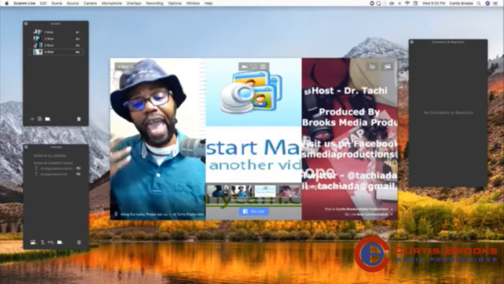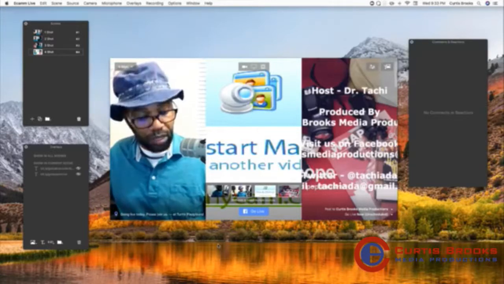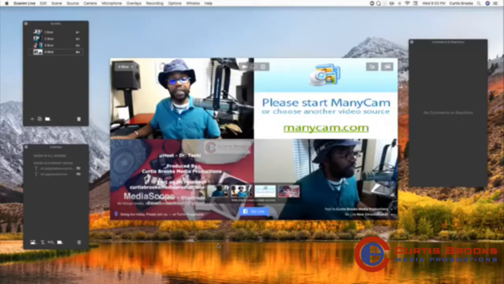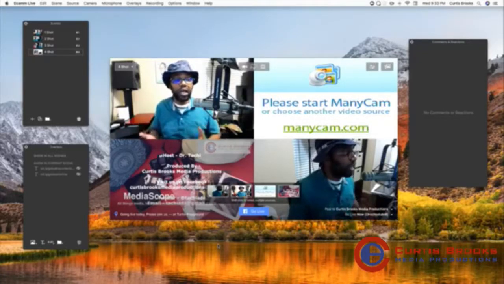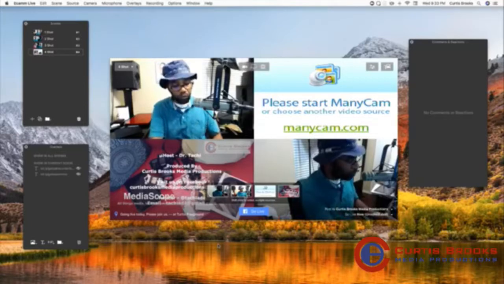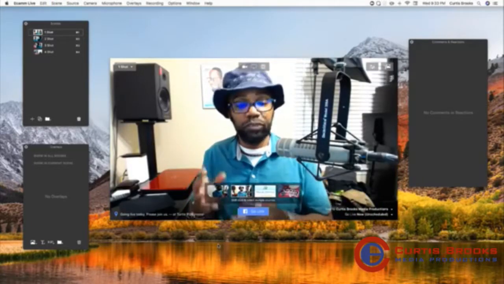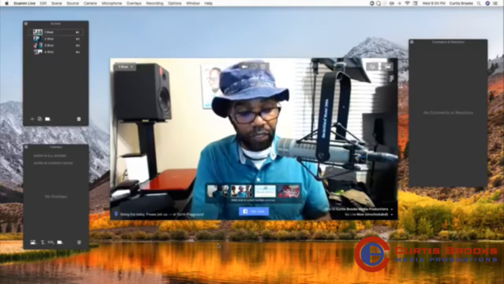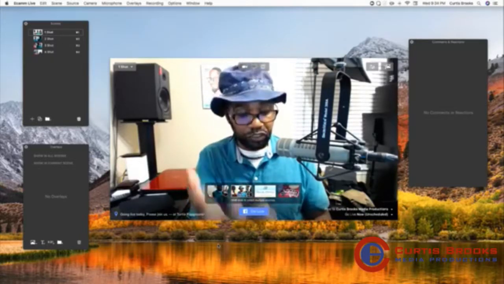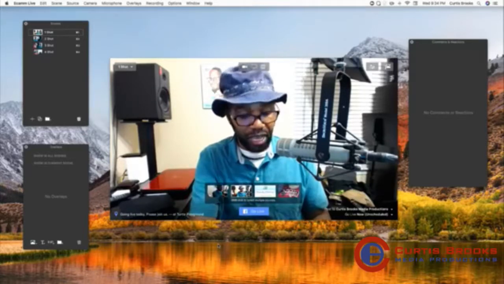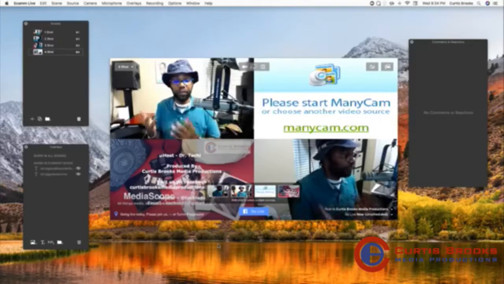Now let's say I want to add another camera to this shot. I'm going to press Shift and then the camera that's missing, the camera that has not been selected. So now you're looking at a 4-shot scene. And that means that if I were to go back to scene 1, which is Command 1, and then go back to shot 4, which is Command 4, it should give me my 4-camera shot. All right, so there we go.